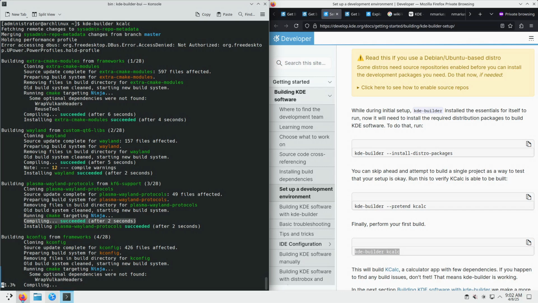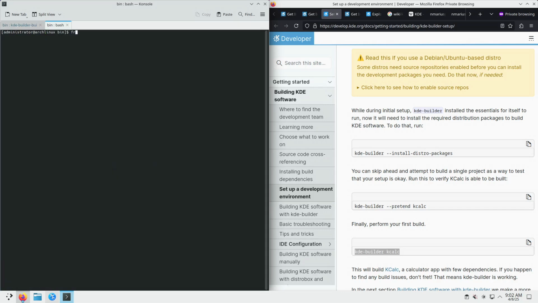So in this case, it's a virtual machine. I have allocated 14 vCPUs, but I have also allocated 16 gigabytes of random access memory, and then part of it is used for swap on ZRAM,